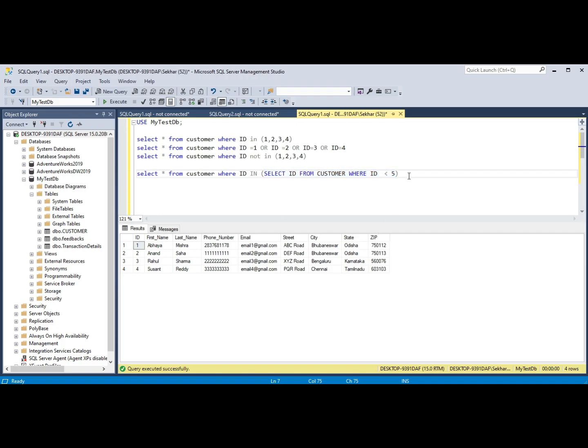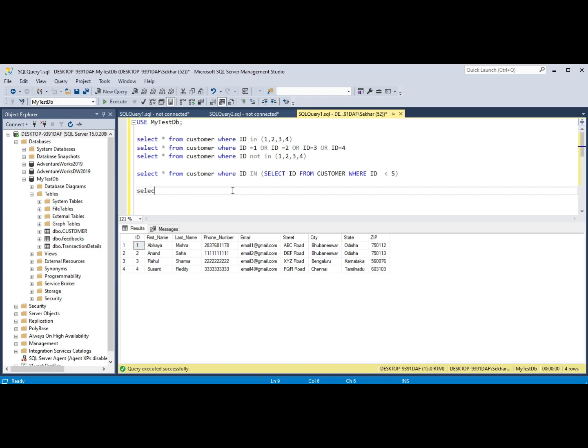Now let's see what BETWEEN does. BETWEEN is used when you have a specific range. Suppose you want to see a particular range, so let's assume here it is 1, 2, 3, 4. It may not be in a sequence, right? It can be 1, 5, 7, 8, so that is not a continuous range. But when we want it in a particular range, we can use BETWEEN as well.